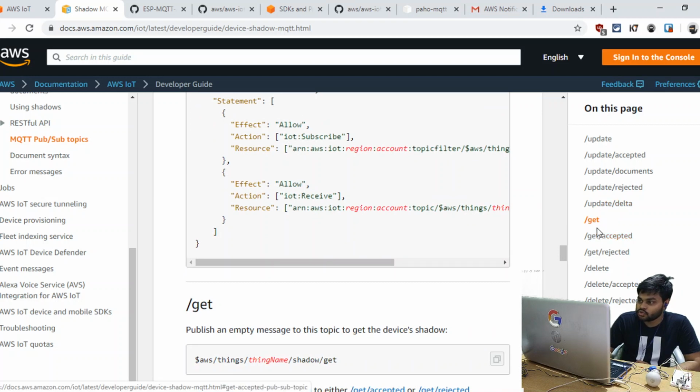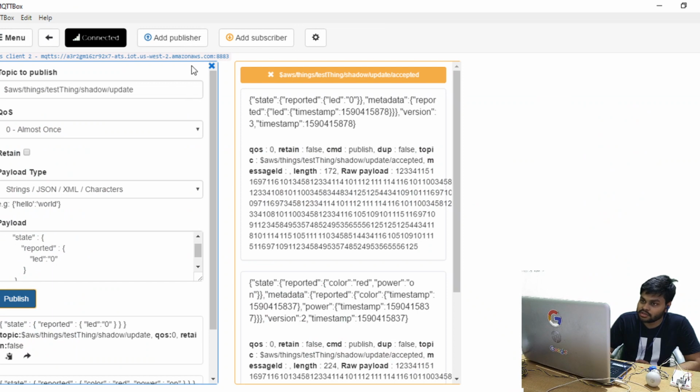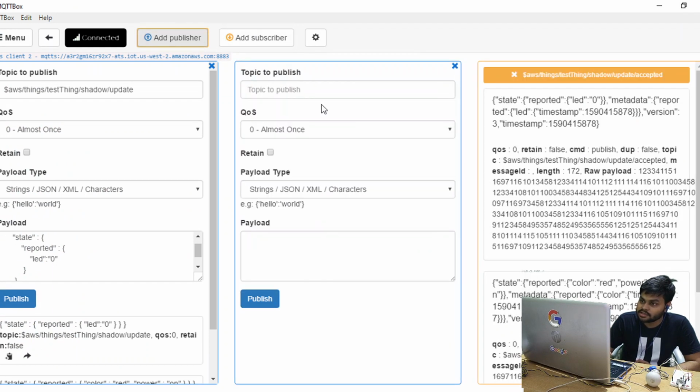We need to publish an empty message to this topic to get all the thing values. We need a publisher and we need to publish on this topic. In the middle you need to change it to Test thing, or the thing name which you have already set. No need to add any payload, simply publish it.